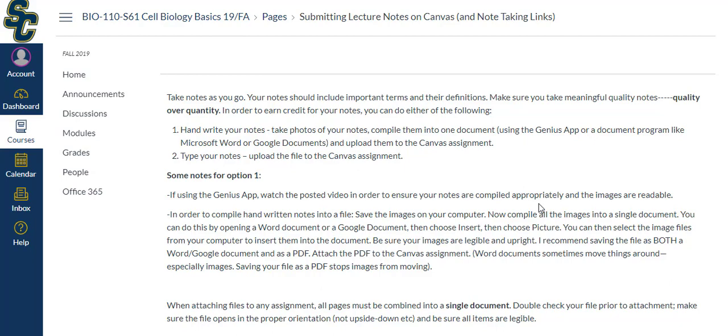Now this one single document needs to be something that ends in .doc, .docx, or .pdf. There are various files that students turn things in, and I am not able to open many of those files. So it needs to be .doc, .docx, or .pdf when it is submitted. And I'll talk in just a moment about how you can do that very easily. And I put this in parentheses here, saying you can do this using the Genius Scan app. Scan is missing here, so the Genius Scan app,